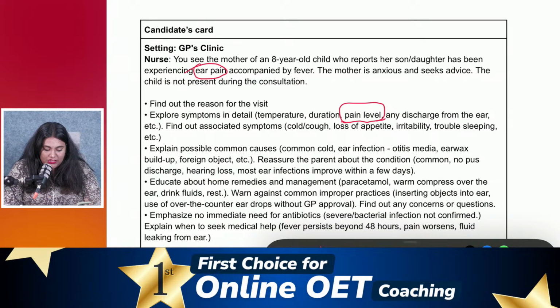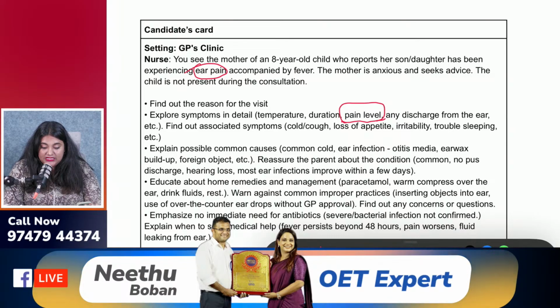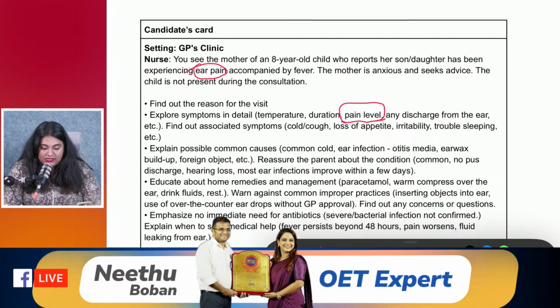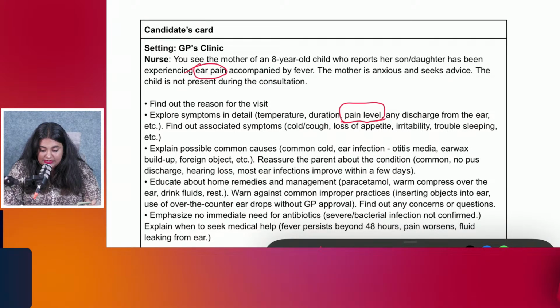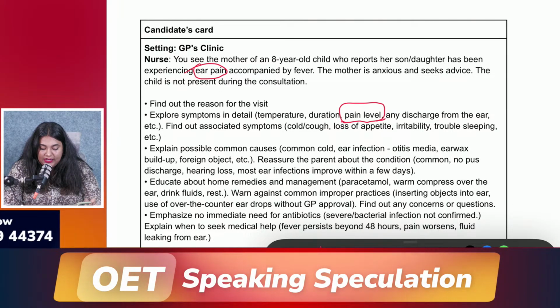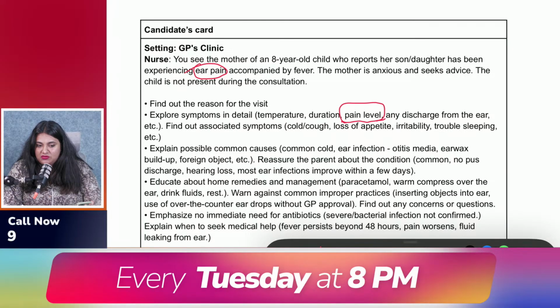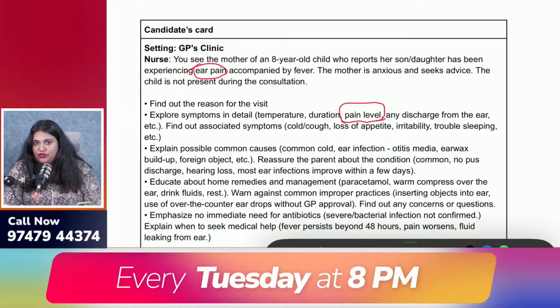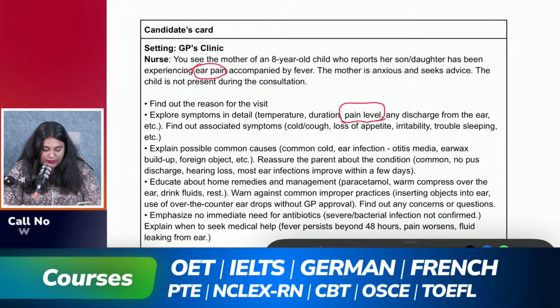General body pain due to fever. Okay, it is not the body pain, it is clearly mentioned ear pain. So that is the point there. Could you please tell me about the duration of temperature spikes? Okay, they are not actually asking the question about the temperature. The duration means the question is how many days the fever has been there. So could you please tell me about the duration of the fever? That would be the right question.